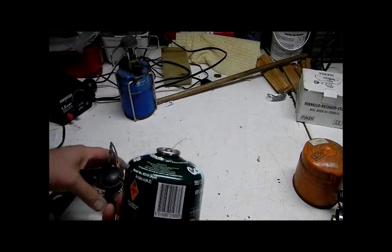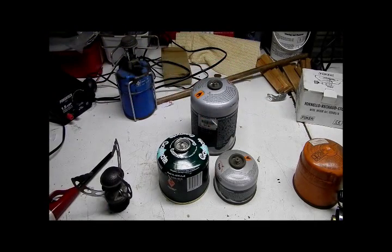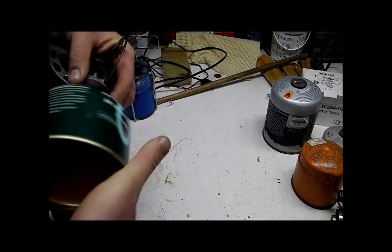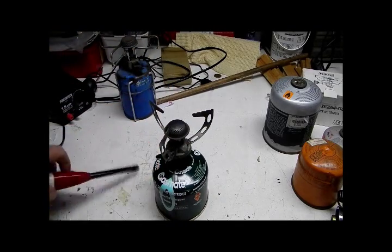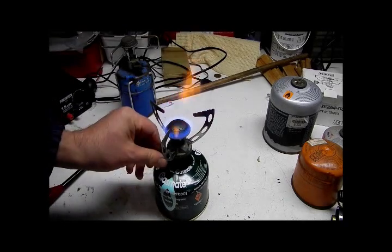A lot of advantages to this system. We'll start off with the first one being that you can get different size cartridges depending on how long you're going for and what you're doing. There's 3 different sizes right there. But the other one is you can simply attach it to the cartridge in question you want to use, like that, and away you go, you're cooking. It can't accidentally get knocked on in your pack, and as you'll see,